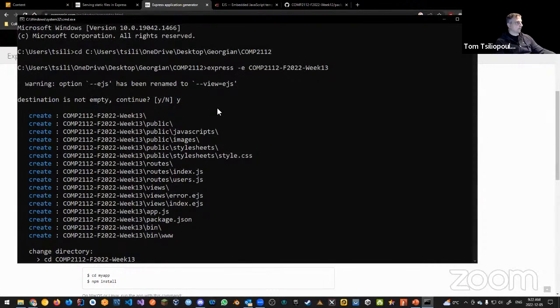So I just ran express -e with this option. Notice it gave us some information that says it's been renamed, but it still did it. And you can see that it used EJS because the views always end with EJS. In React, we've always used TSX. That's what it was for us. If you're using JavaScript with React, it would be JSX. But here, our views are going to be EJS. That is the ending style, or the extension, that we're going to be using.